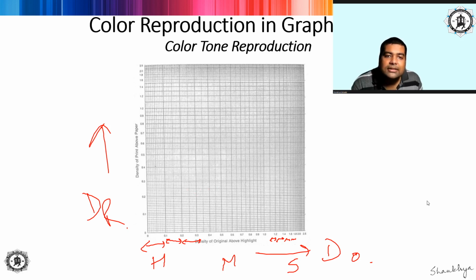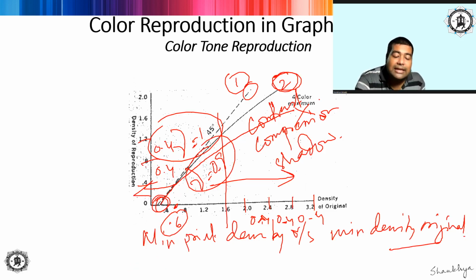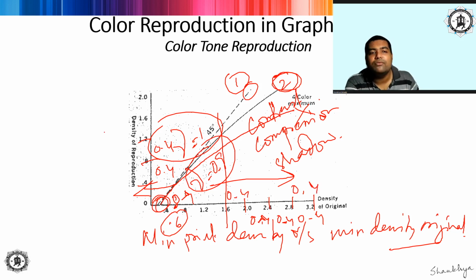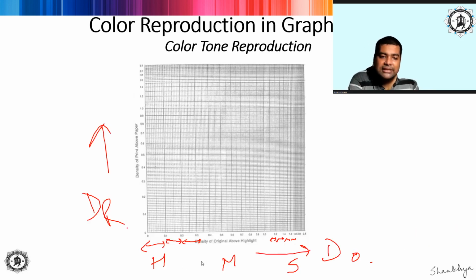What is the distance between two graduations? What is the interval between two graduations in the shadow area and in the highlight area? Now remember, if you take a look at the previous slide over here, as I told you, in the highlight area the interval was 0.4, in the mid-tone also it was 0.4, in the shadow also it was 0.4 for both the axes. But in this case, what you are noticing here,